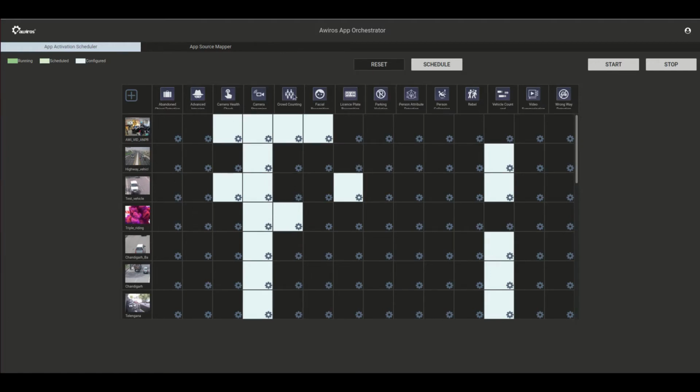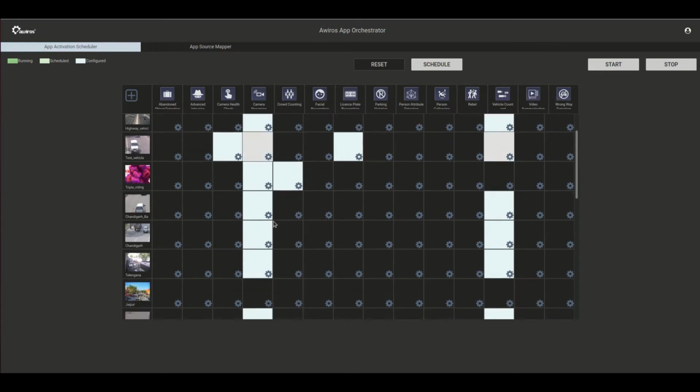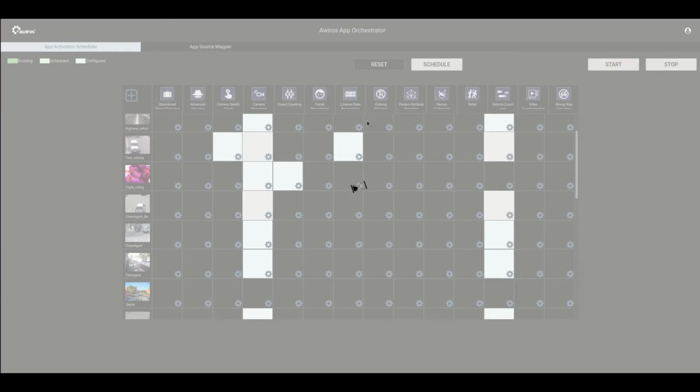For now, I'm going to run the vehicle count and classifier app, which is over here, on any particular video. Or better, I'm going to run it on two videos at a time. Let's say the back view of Chandigarh, which we obtained from certain CCTV cameras. So let me run the vehicle count application on both of these videos. I also run something called the camera streaming app, which basically gets CCTV footage and projects it onto the live stream. So I'm going to click on the start button, and it's going to take a few seconds, and the deep learning applications are going to be up and running in just a few seconds.